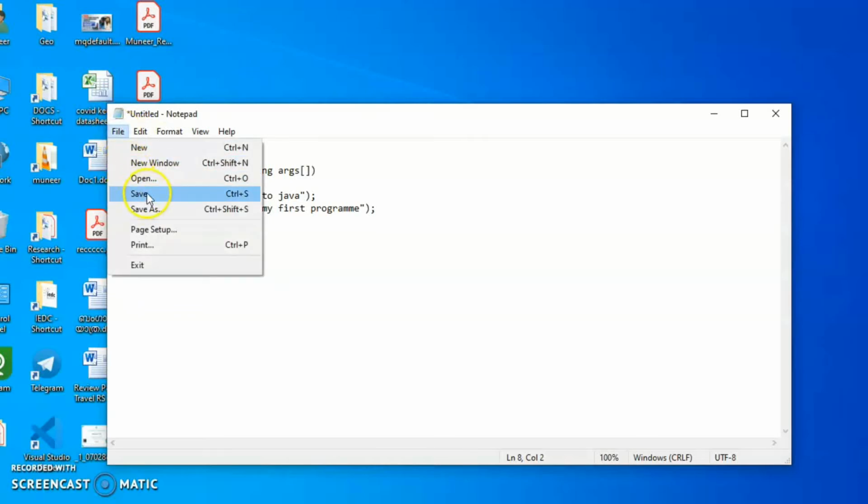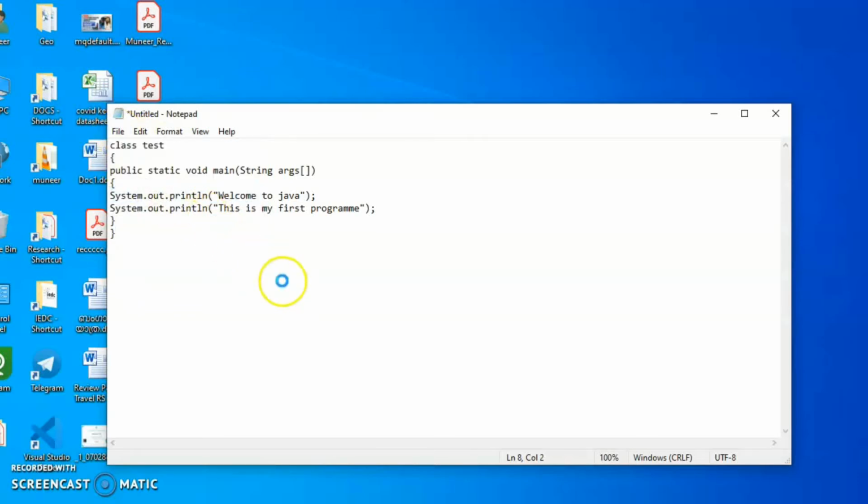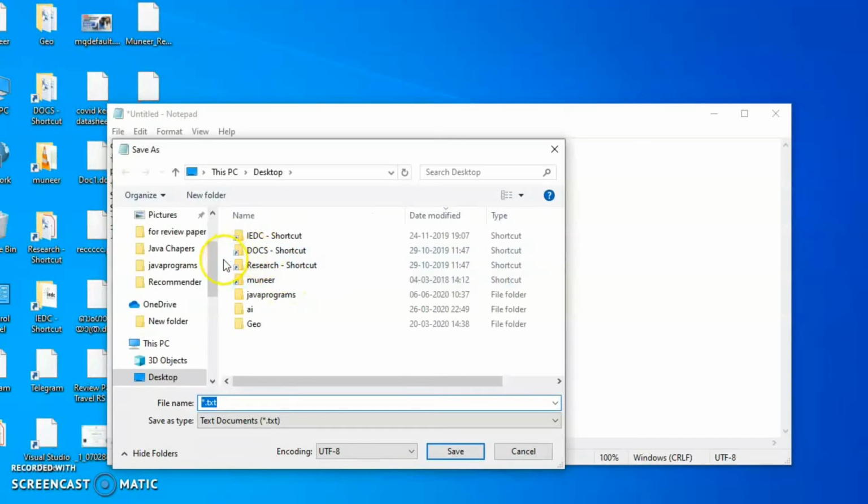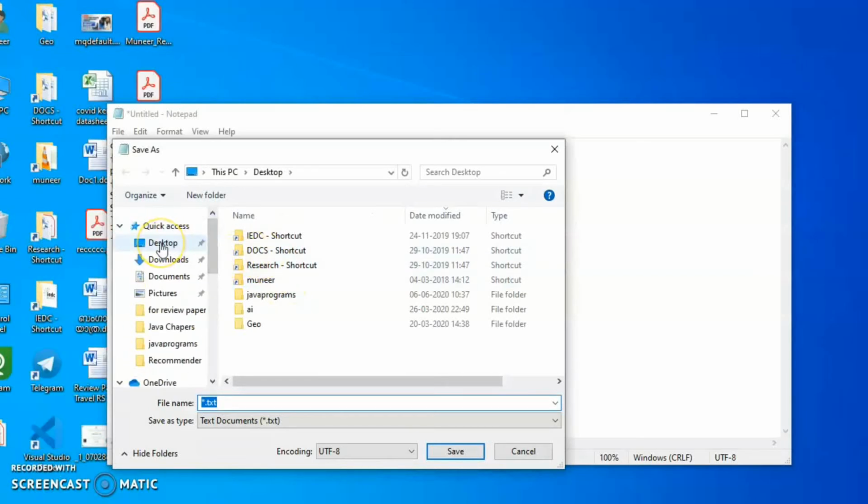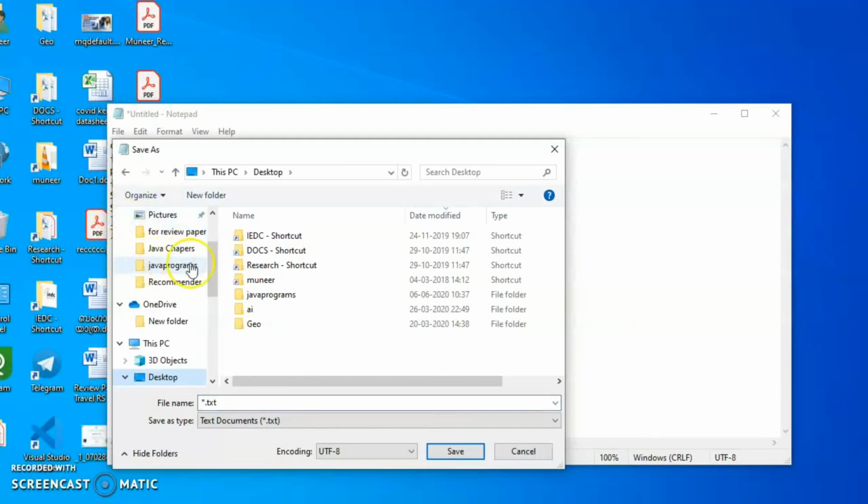So we are saving this program at some location. I am taking the desktop. First of all, I am creating a folder, My Programs.